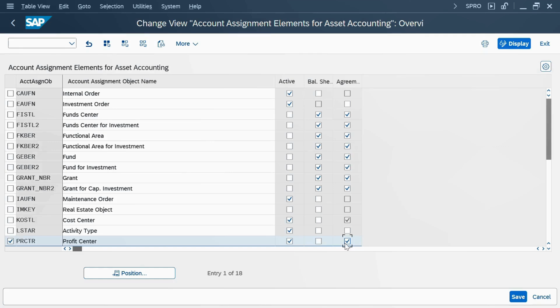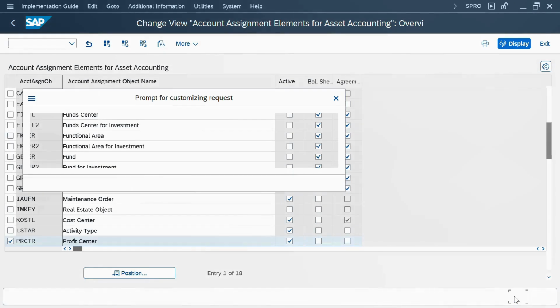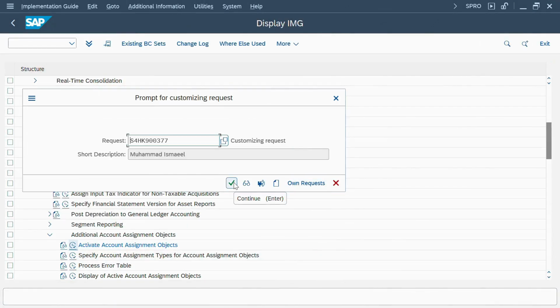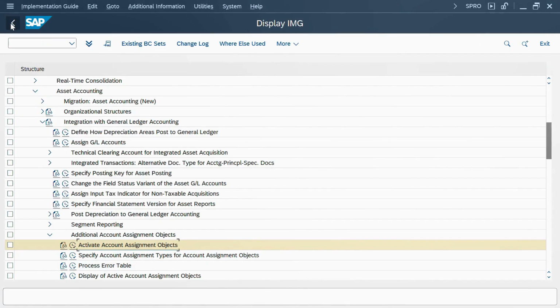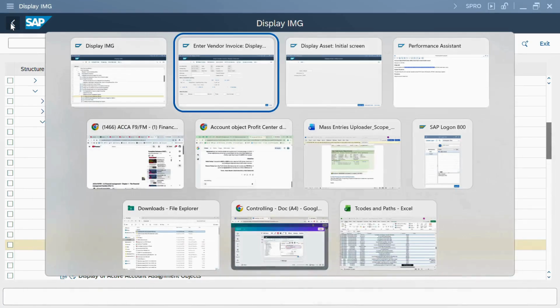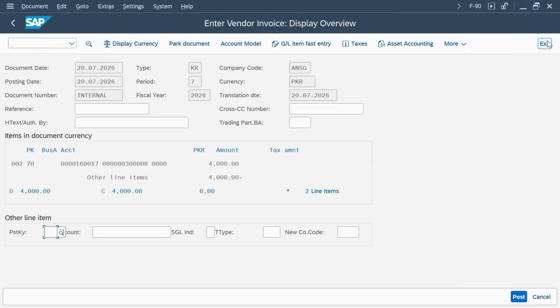Alright, so in order to remove the error, we are simply going to uncheck this and save the settings. Here is a TR. Since I am working on a testing system, I'm not going to define a proper TR here. So I am going back again, and if I go to my previous screen of F-90, and here I post it again,